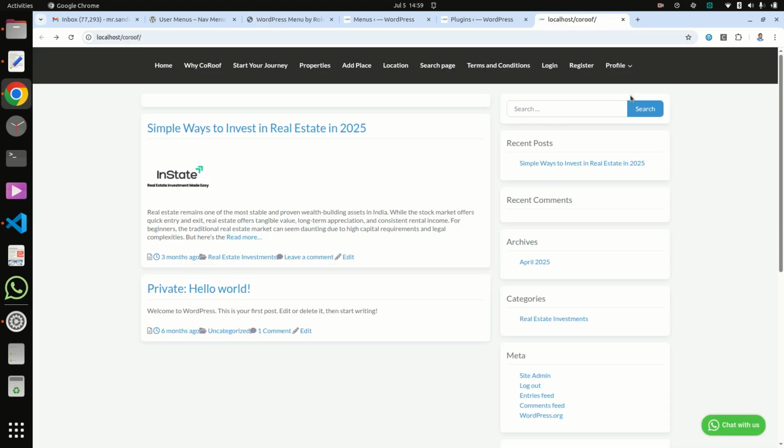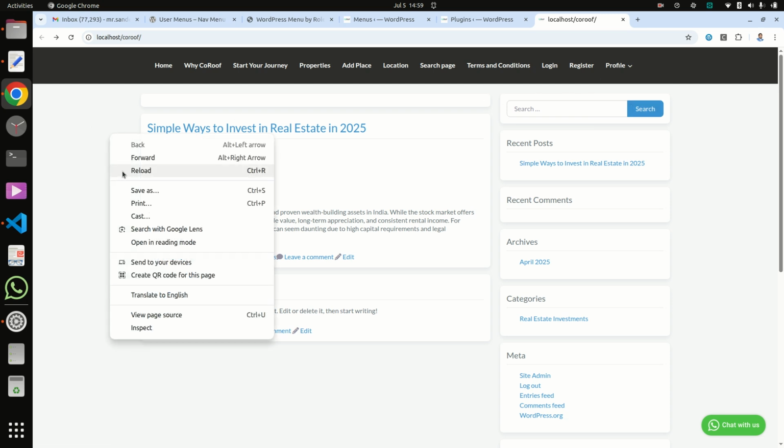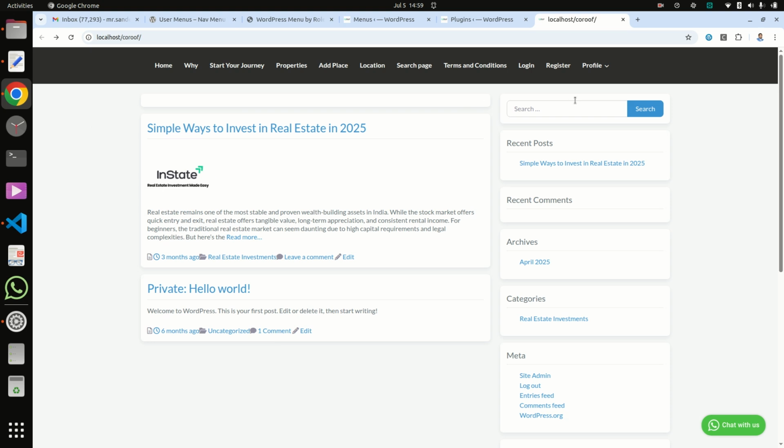Suppose I have this site. Currently I am logged in as admin, and here I am able to see the agent dashboard, investor dashboard, etc. But I also have access to see login, and if I am already logged in, then there should be no login button here. So to fix this,